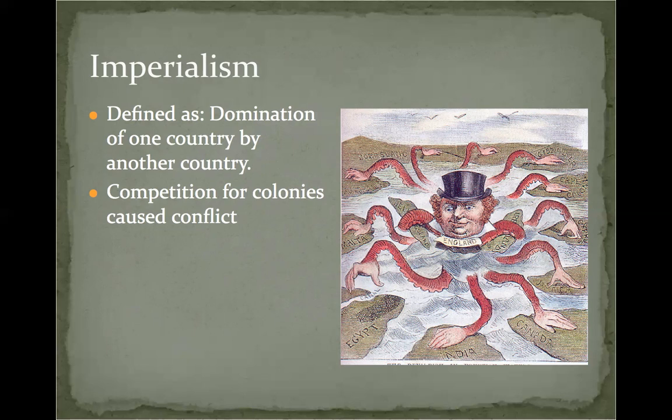There was an old saying that the sun never set on the English Empire because they had colonies all over the world. France had colonies all over the world. Spain, at its peak, had colonies all over the place. Again, Germany was a little bit behind the times just because they were so young compared to some of these other countries. And so when nations began to colonize Africa, there was a competition. Everybody wanted more or less the same land, and it caused bitterness between countries when one country would get it and another one wouldn't.